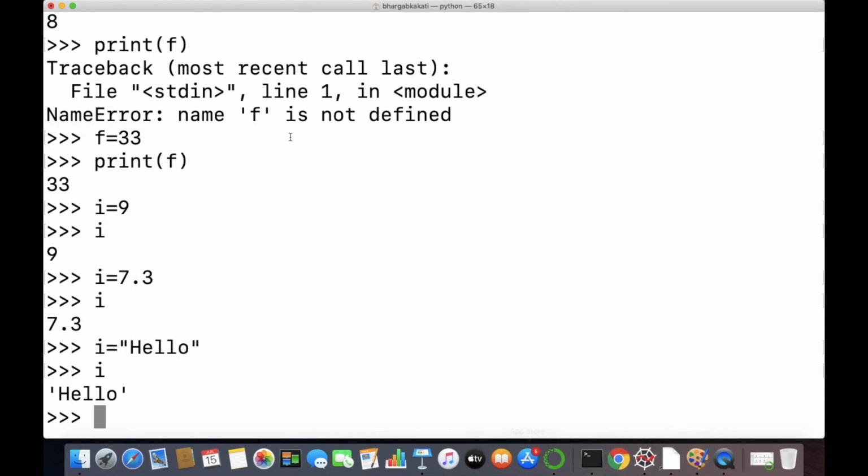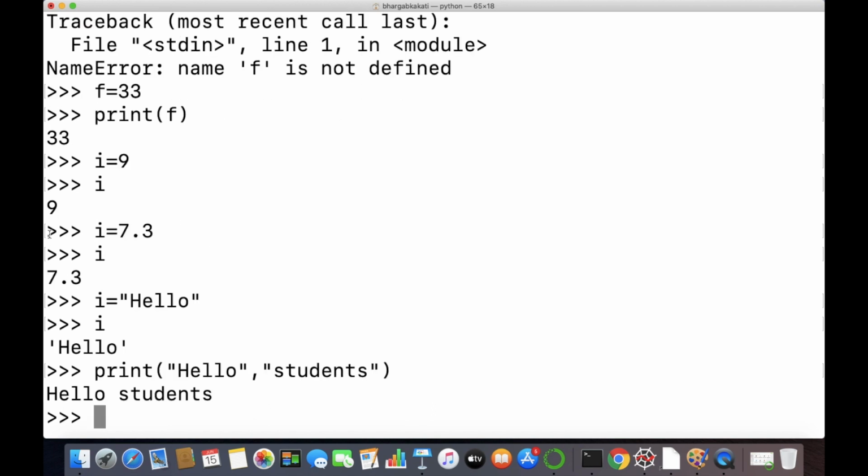So if I write print, hello comma students, and I press the enter key, I'm getting the output as hello students. But after this, if I want to display something else, not just a space, let's say I want to display an exclamation mark after hello, then what I can do,